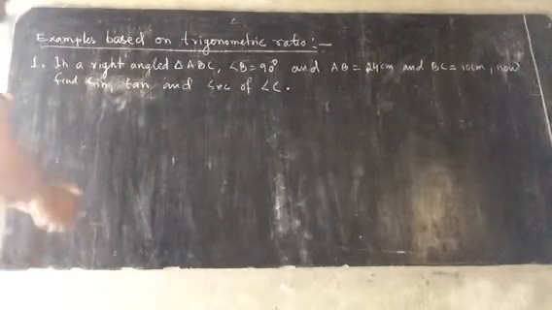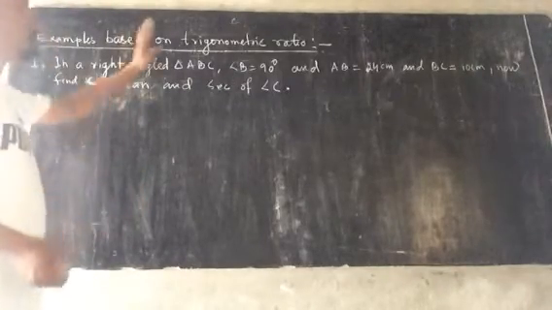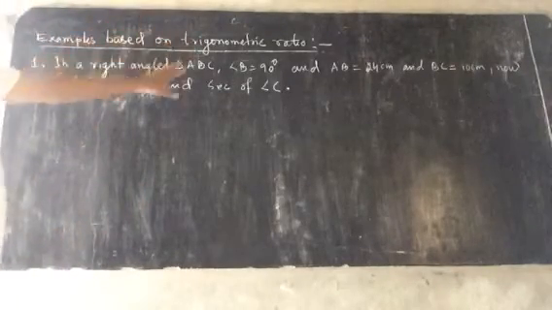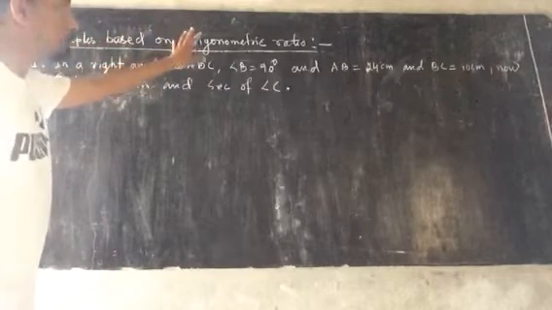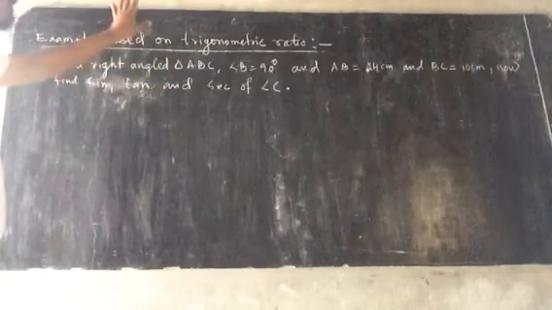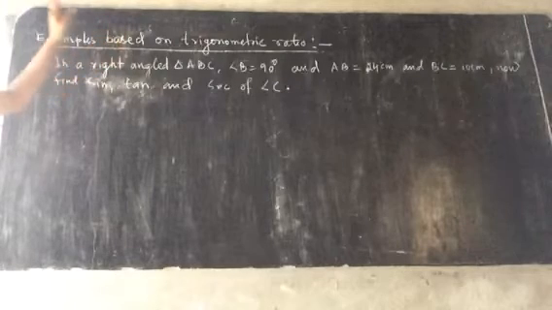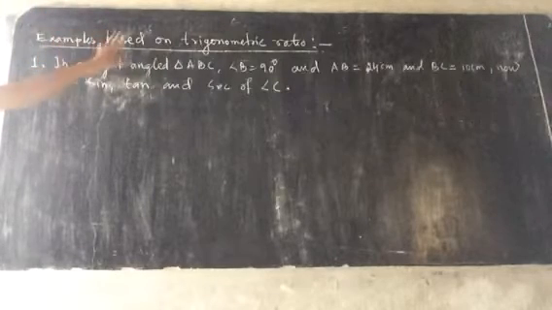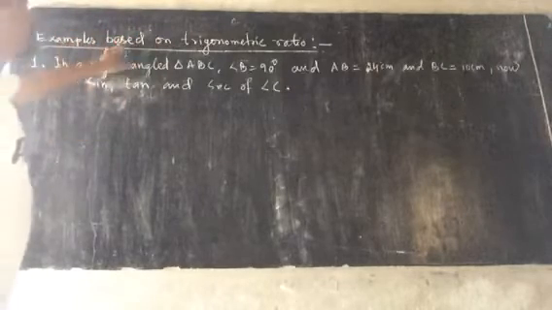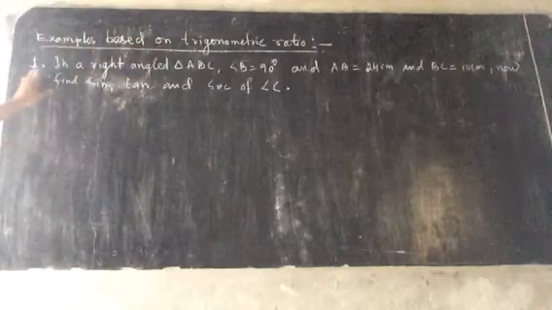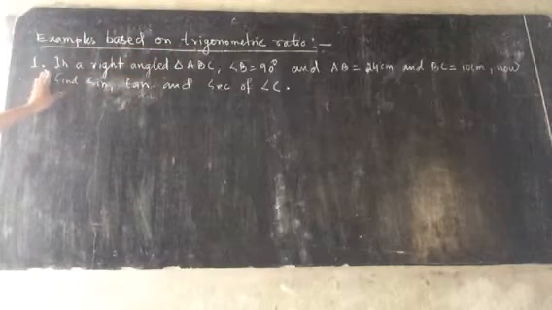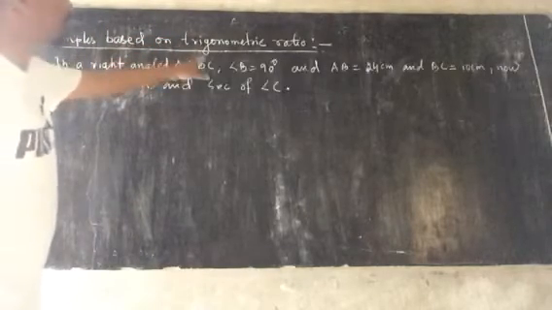Okay, dear students, I have already taught the trigonometric ratios, their applications, and all the concepts of trigonometric ratios. Now I am doing some examples of questions based on trigonometric ratios. I have already written this example here: in a right angle triangle ABC,